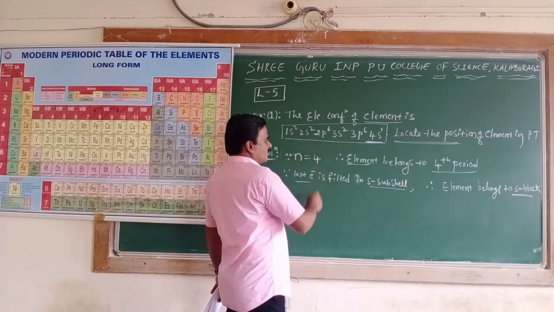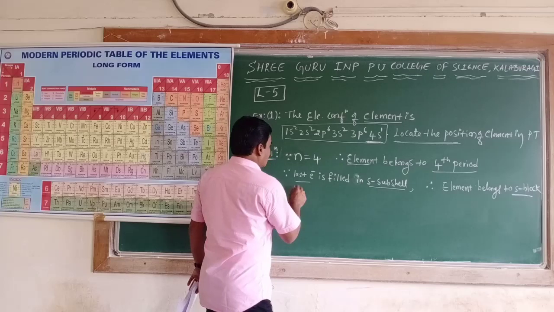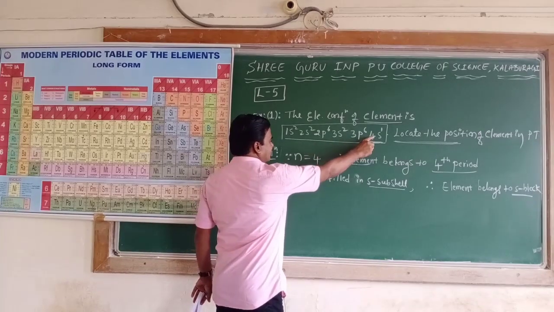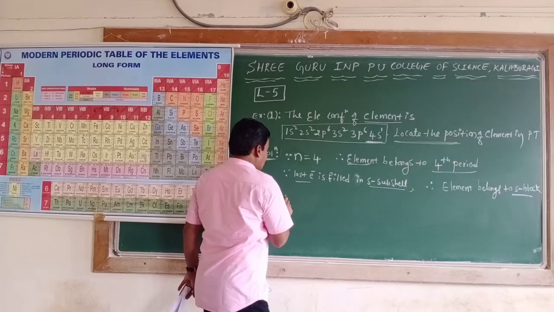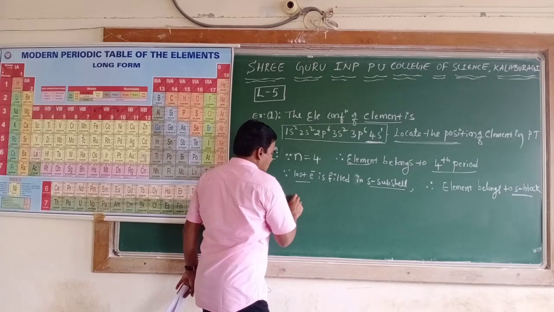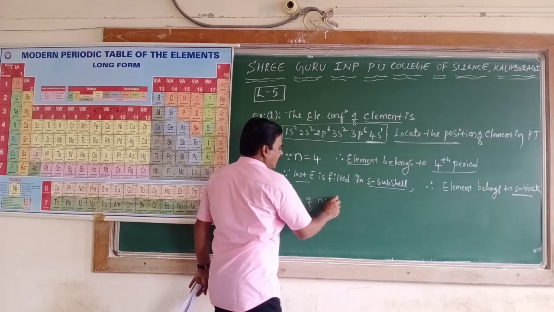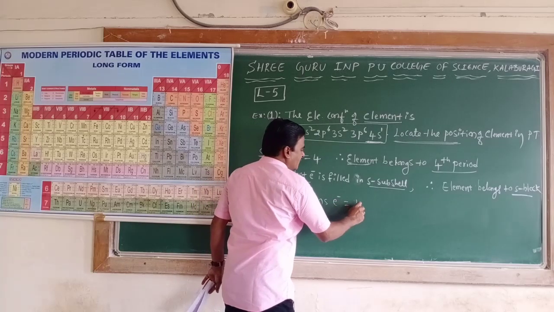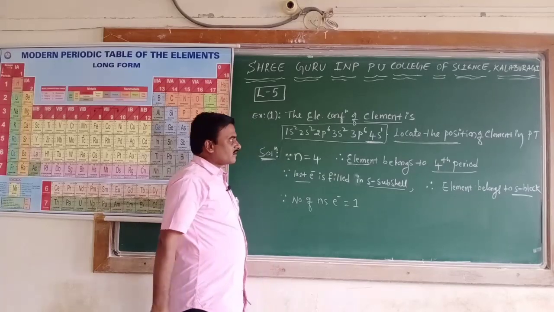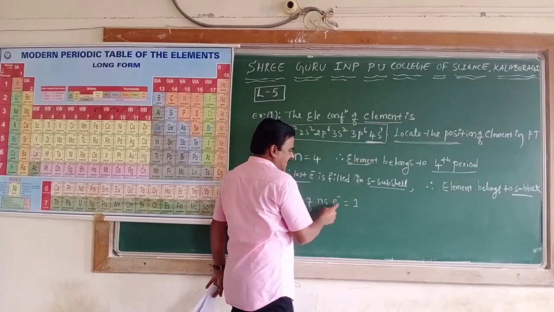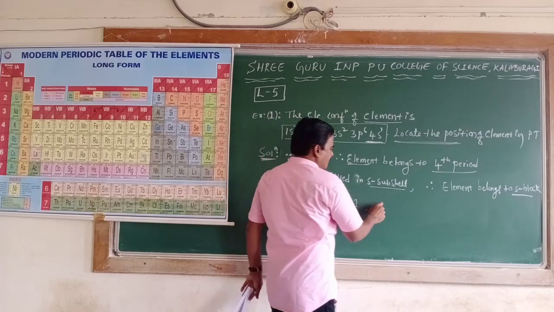Now, what about this element? Since the number of ns electron is 1, ns to the power 1,